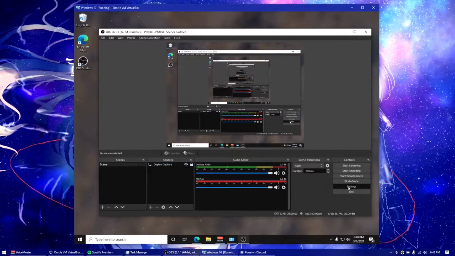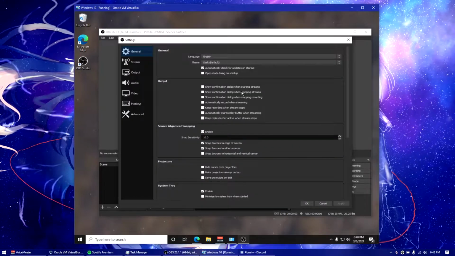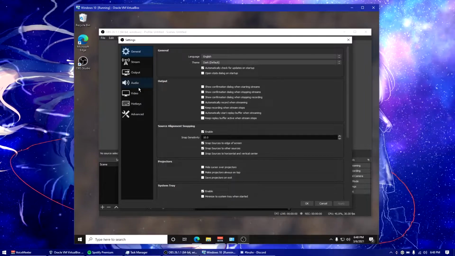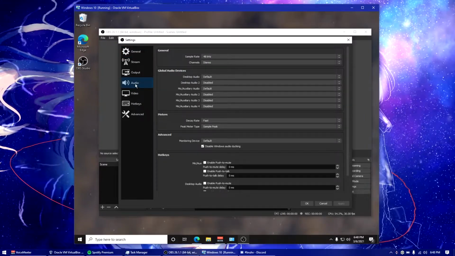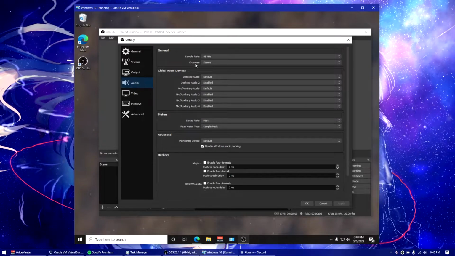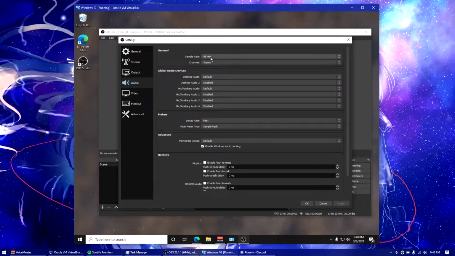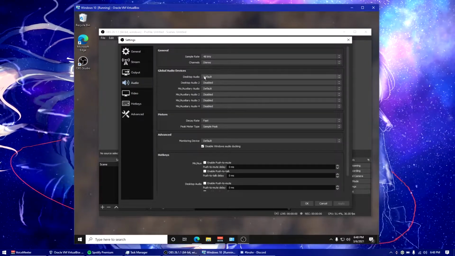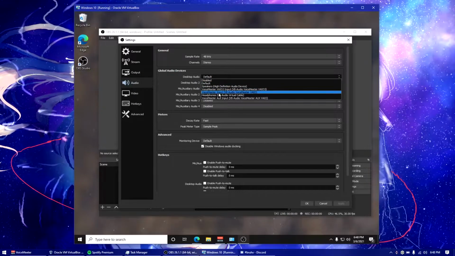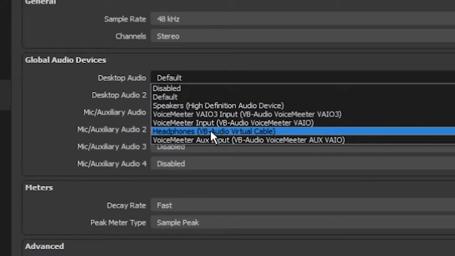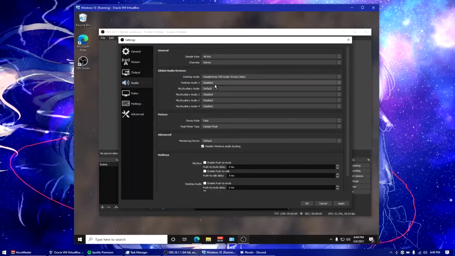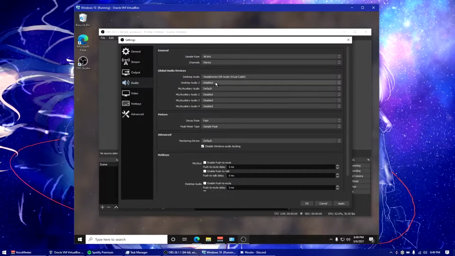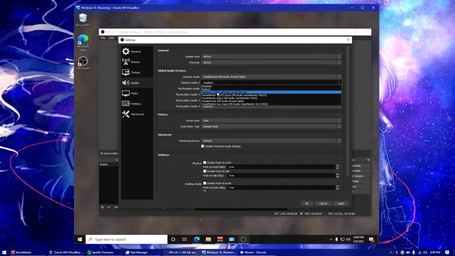So the first thing we want to do is go over to settings, because we need to define our audio devices and tell OBS what audio devices to use with our computer. The first thing I would do is go to audio over here and make sure this is at 48 kilohertz, and then make sure this is stereo. And then for desktop audio, we would select headphones virtual audio cable, because remember, that's the default. And then desktop audio 2 is going to be our Discord. So we'd select this,